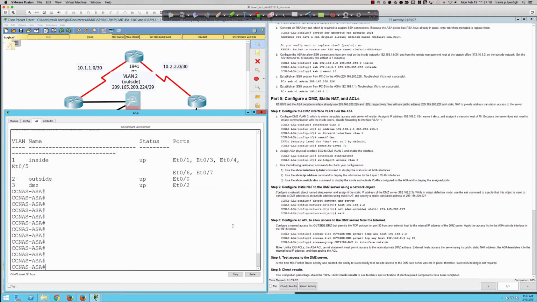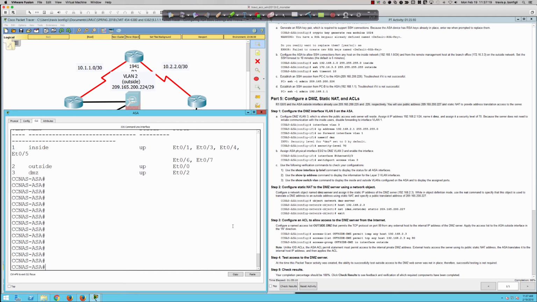All right, so now, again, remember, everything is an object. So if I'm doing NAT, it's going to get done under the object definition. So what do we need to do? We've already got the VLAN configured. What do I need to do now? If I'm going to be NATing from the DMZ to the outside, just like I did from the inside to the outside, we have to get